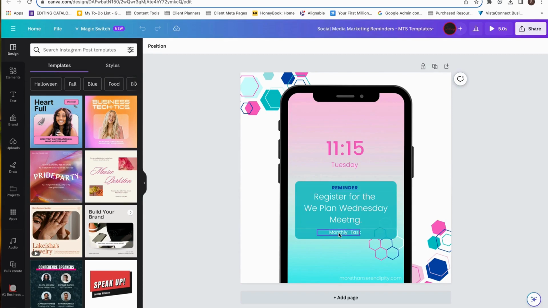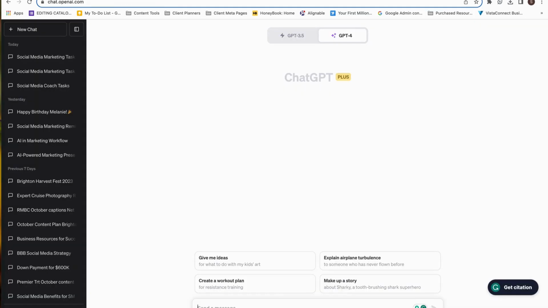So in this case, I have a monthly tab that will change between monthly and weekly. And then I have a reminder that's going to go right here. So I'm going to go into ChatGPT and I'm going to ask it, I don't need to say ask, can you give me,